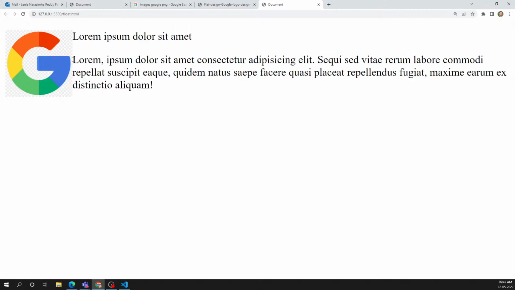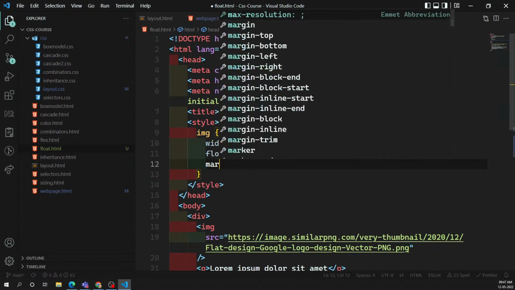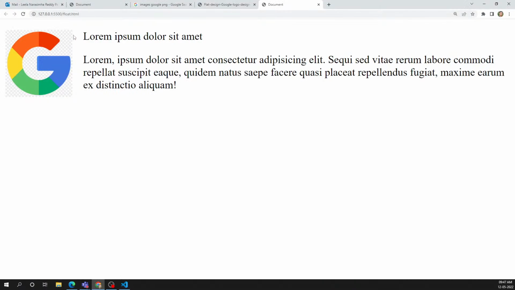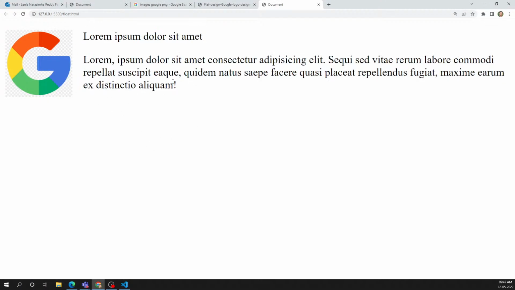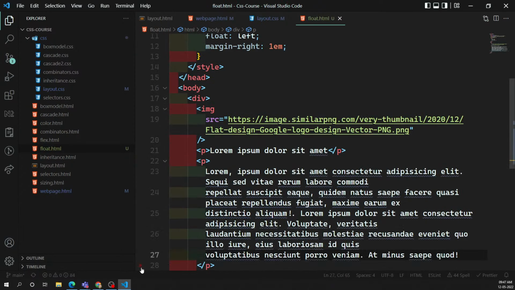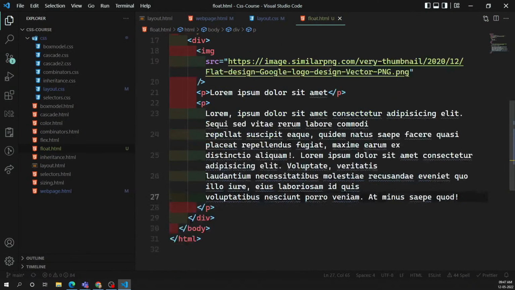Now I want to add a gap between these two things. What I can do here is add margin-right of 1em or something like this. Now if I see the output, we have a nice alignment. If I add some lorem ipsum, the text will be like this. If I add some more lorem ipsum,